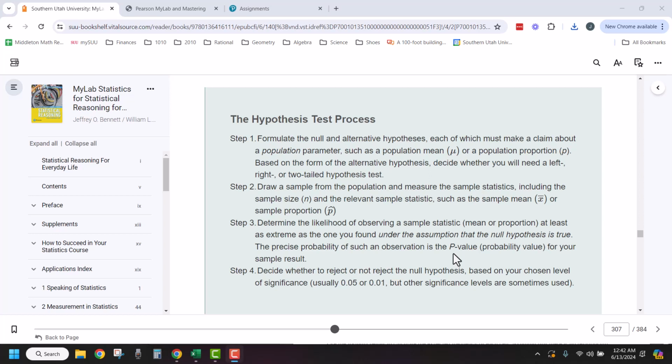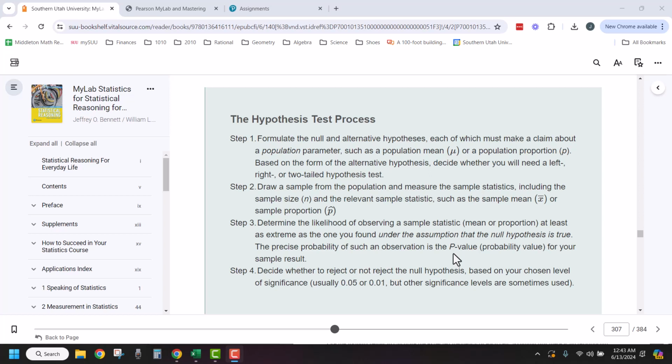Everybody. In this video, I'm going to go through a couple of examples from the Chapter 9 and Chapter 10 homeworks to show you guys how you can use Excel to do the calculations to do hypothesis tests. So just as a quick review, the basic process for doing a hypothesis test is first you formulate the null